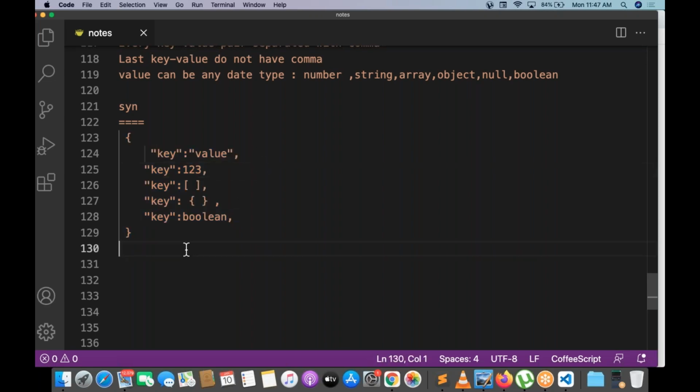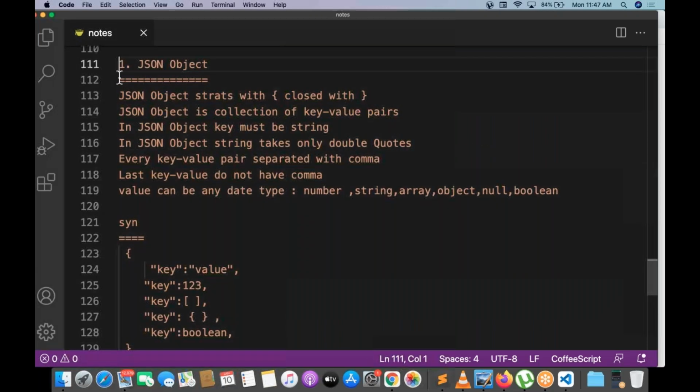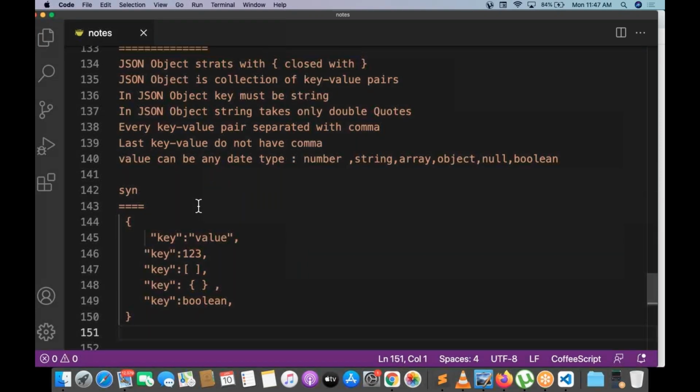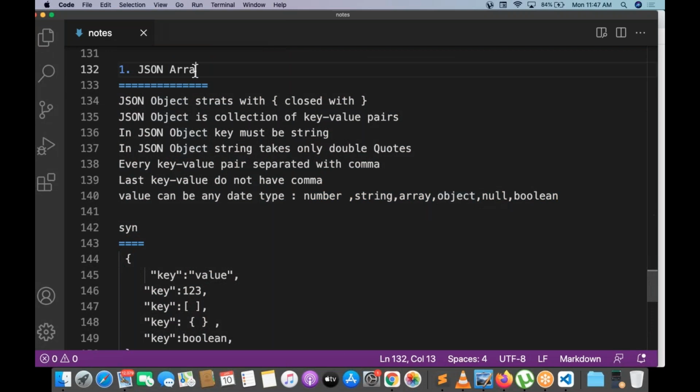Let me go with one more concept called JSON array. What is a JSON array? A JSON array starts with square braces and is closed with square braces. Second point, a JSON array is a collection of values.